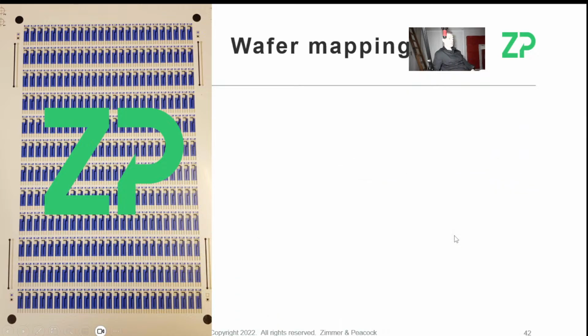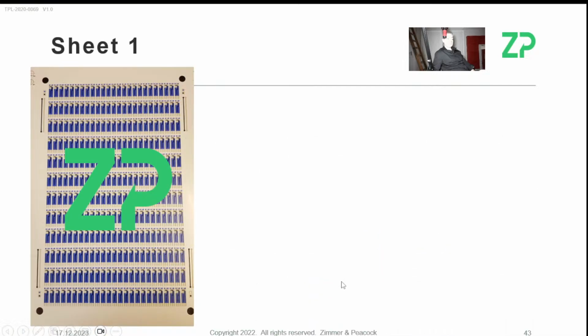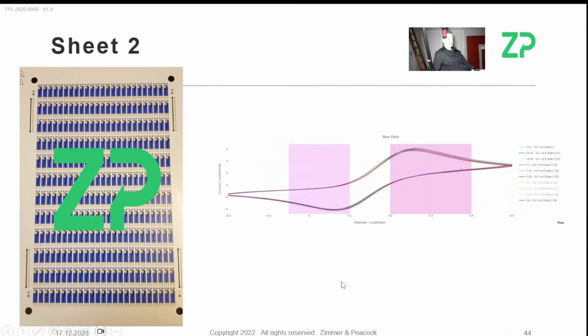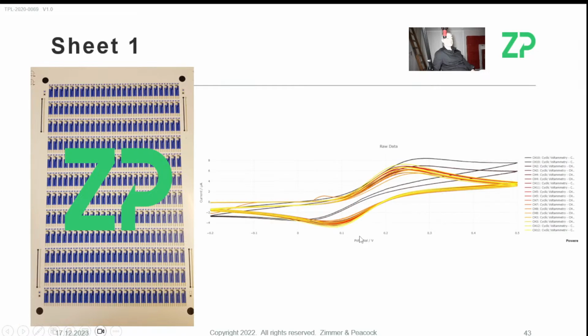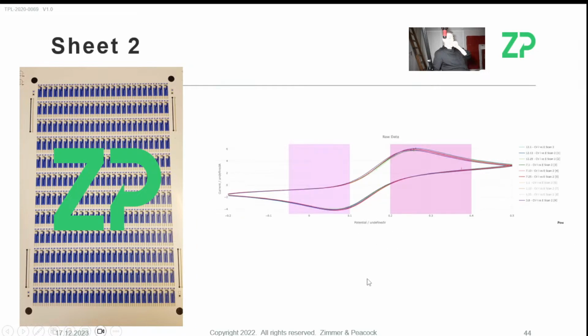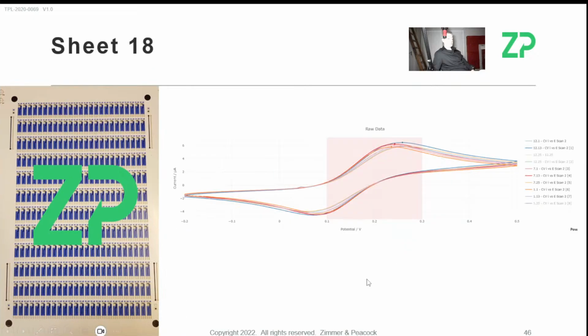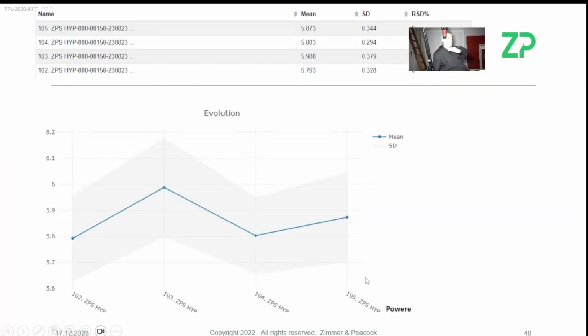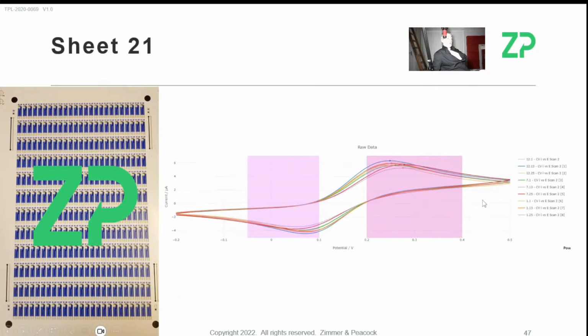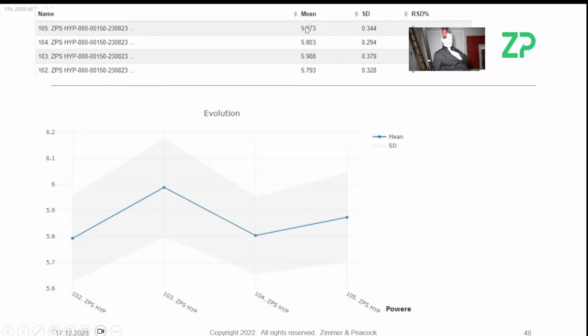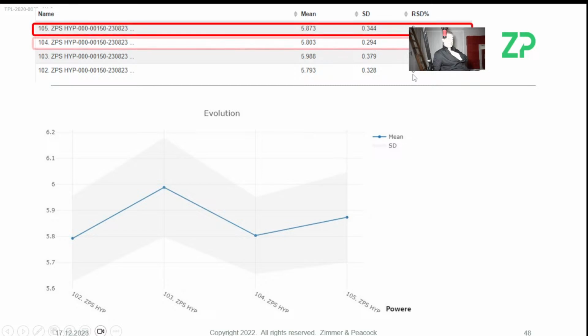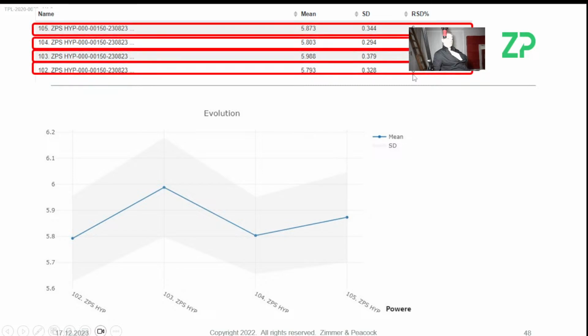But wafer mapping says, here's 300 electrodes in a sheet, and we'll test them by voltammetry to make sure that they're reproducible. For example, we would reject this sheet, but we would accept this sheet, and this sheet, and this sheet, and we would produce something called KPIs, key performance indicators. We would test a number of sensors on a sheet. Then we would look at the mean, the standard deviation, and the relative standard deviation, and actually then pass these sheets, and if the sheets pass, then we'll pass the batch. And by the way, we do reject batches.